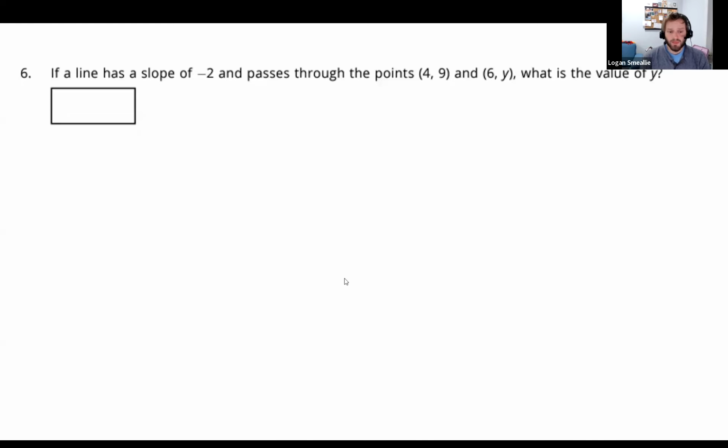Got a few votes in. There's a couple different ways you might think about this one. Did anybody actually draw out a graph? If you did, I'm curious, tell me in the chat if you actually drew out a graph. We got at least one yes. Josh, you said, yeah, you tried to.